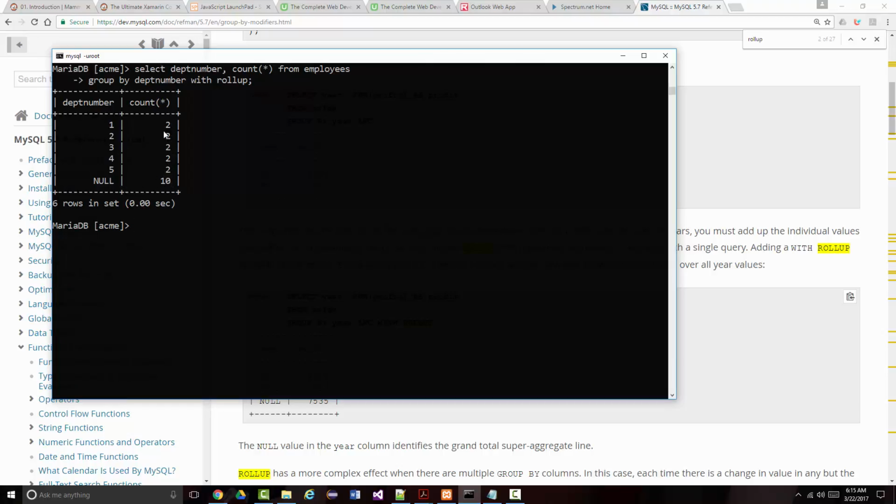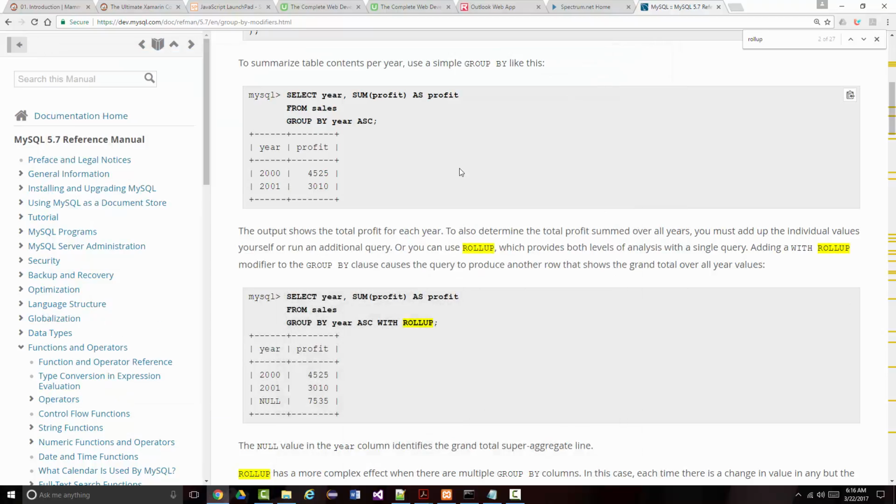Okay? 2, 4, 6, 8, 10. So it's null here because there is no department number. This is just the total. All right, again, we'll look at some of this stuff in more depth and breadth of coverage as we go on. Now, what I did not mention to you before is mentioned in the textbook here that we're looking at